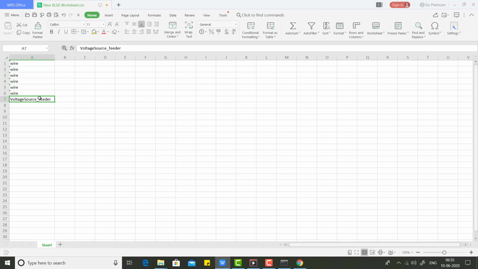So underscore separates your keyword and feeder is the variable, so you can treat it as your variable. And now you complete the branch with wire. Okay, fine. So I'll extrapolate this horizontally as well.